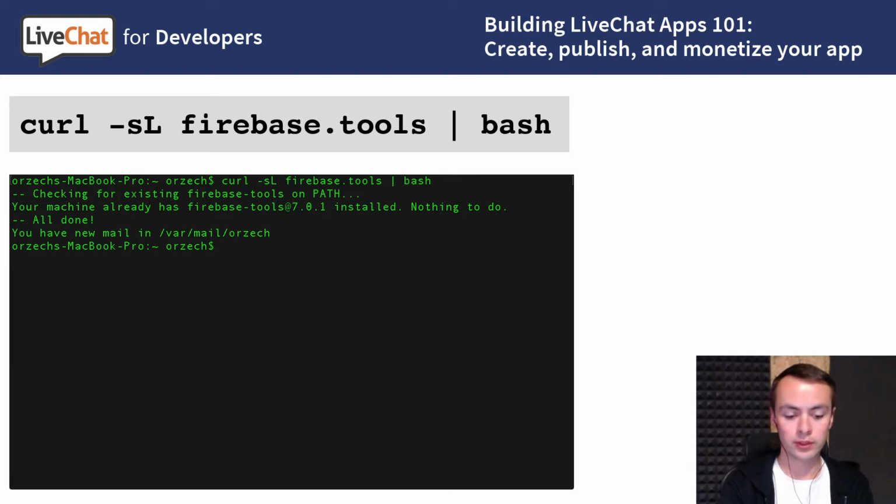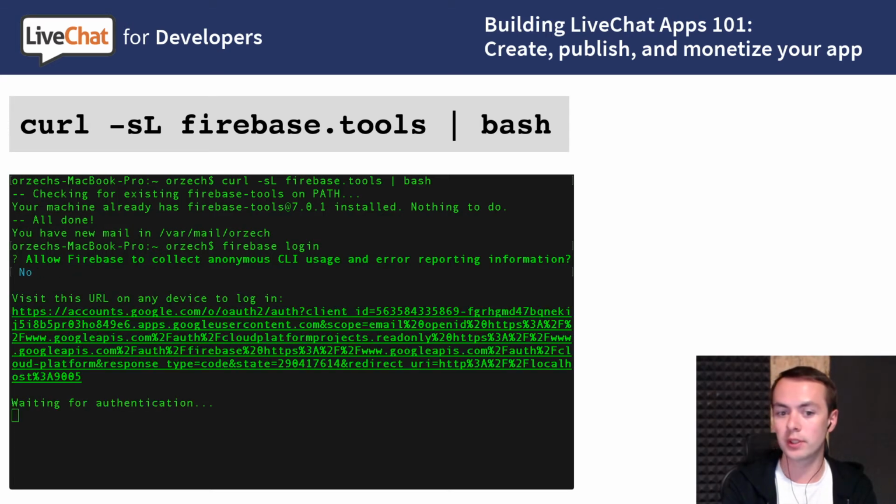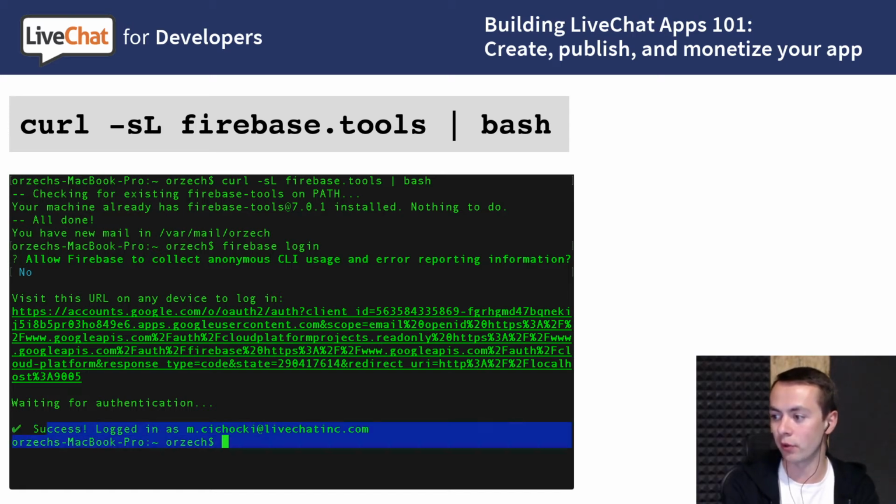Then when you do that, let's log in to Firebase. So use Firebase login. It should ask you if you want Firebase to collect anonymous data. I will disable it. Then it opens the browser. You have to log in there with your Google account. I won't show that for you, but it's a simple login with Google, so you just have to allow Firebase to access your Google account. And then in console, as you can see, I'm already logged in. So that's it about